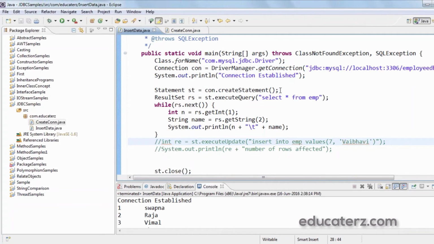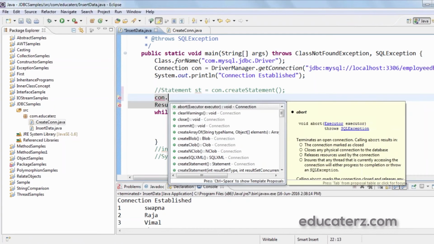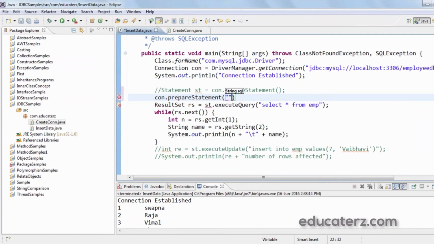So here, instead of a statement object, I use con.prepareStatement and pass the SQL query here.